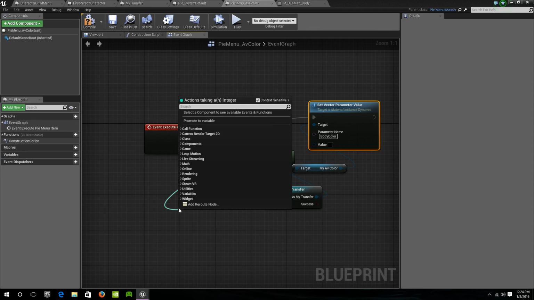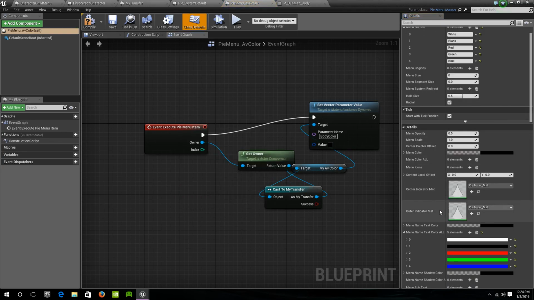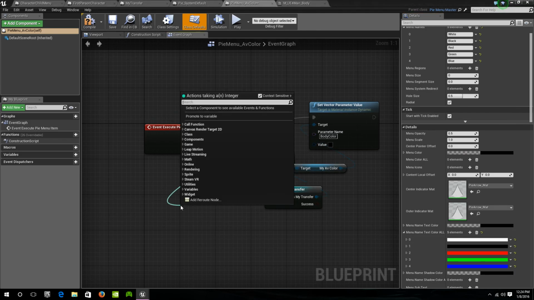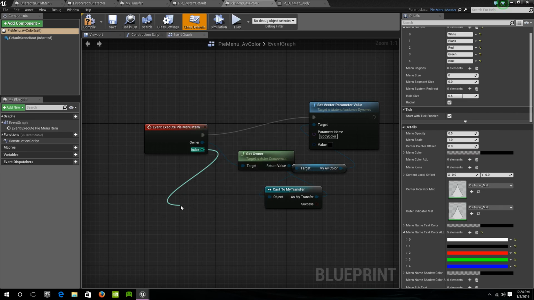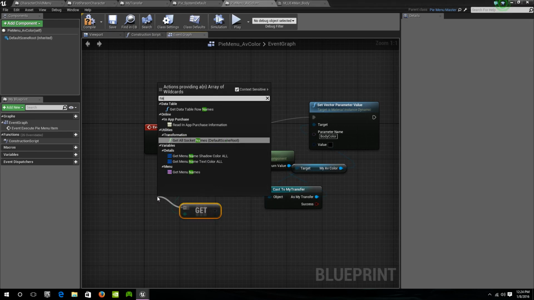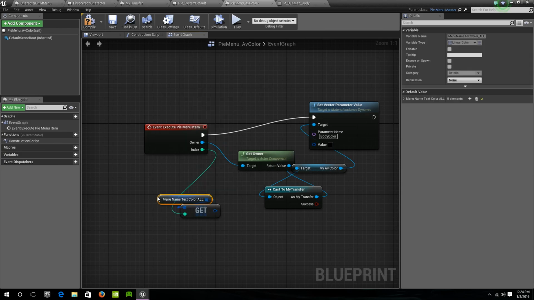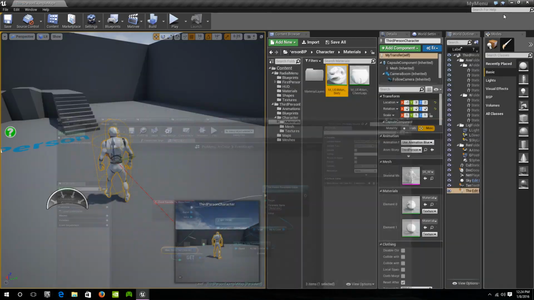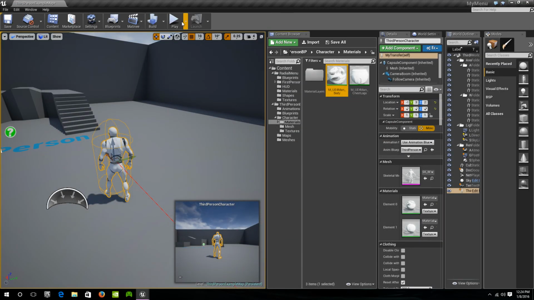Then we're going to use, do you remember what the variable was for the colors? Name text color all. We're just going to use that same thing. So we're going to do this and type in get for an array. Name text color all. We plug this into there. And as simple as that, when we hit play,